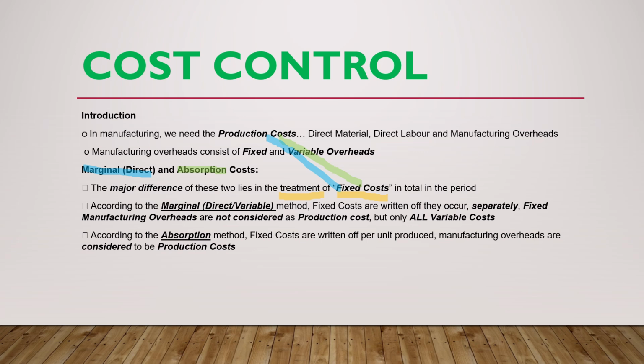Now it may sound confusing, but don't worry, we are going to see when we do the actual book, which is the income statement. Now here they are trying to explain